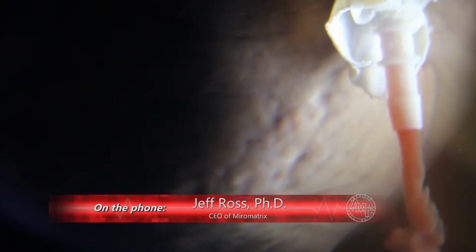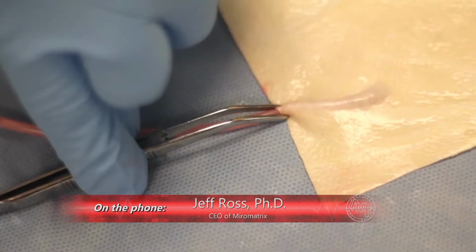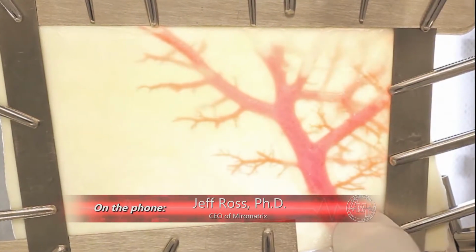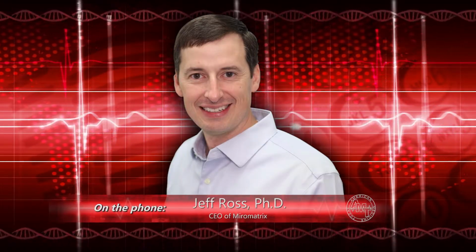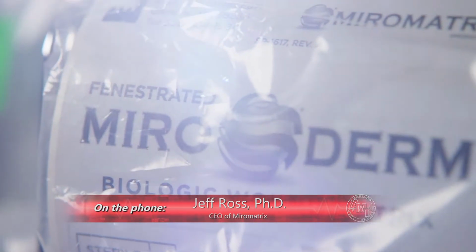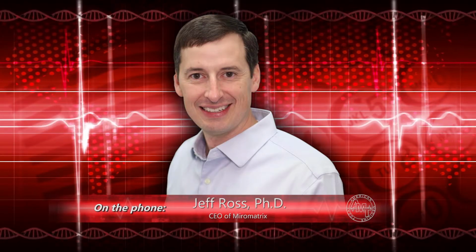And many of these organs are just discarded or put into rendering. So there's an endless supply of available organs to be able to use our technology for. Early on, we actually took whole pig livers, used that process, decellularized them, removed all the cellular material, and we created medical devices. We created a product called Miromesh, which is a surgical mesh, and Miroderm, which is a wound care product. Got FDA clearance for those, and they've been implanted in thousands of patients with really good results